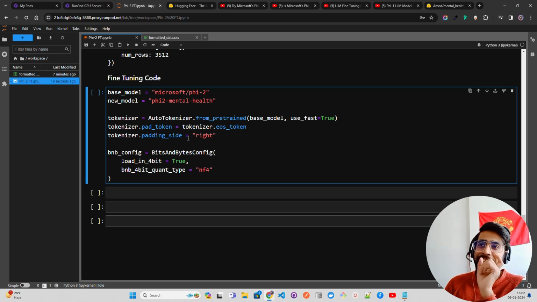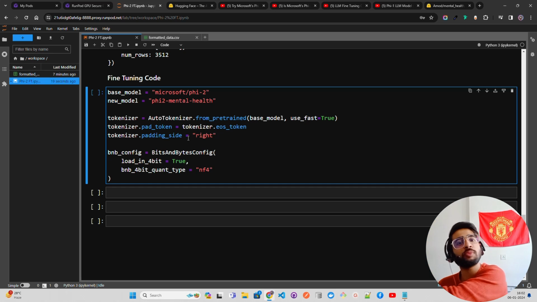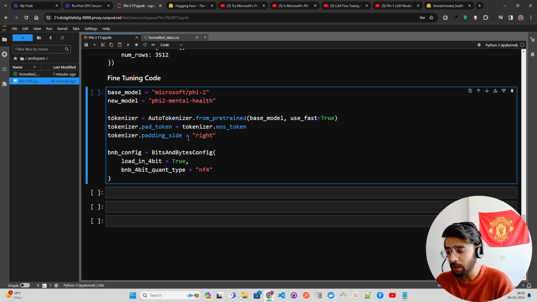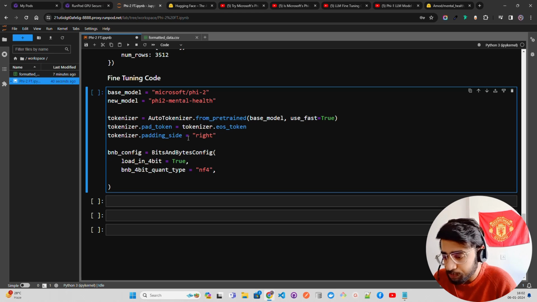NF4 assumes that the people standing in the queue are smart enough and will form the line accordingly. That's what NF4 decides. I'm talking in very layman terms at a high level, but if you want to go technical, let me know in the comment box if you want to understand these techniques in detail, with NF4 examples and all other terminologies. We'll cover that. Now, NF4 is a type of quantization, so that's the BNB 4-bit quant type, and the next is